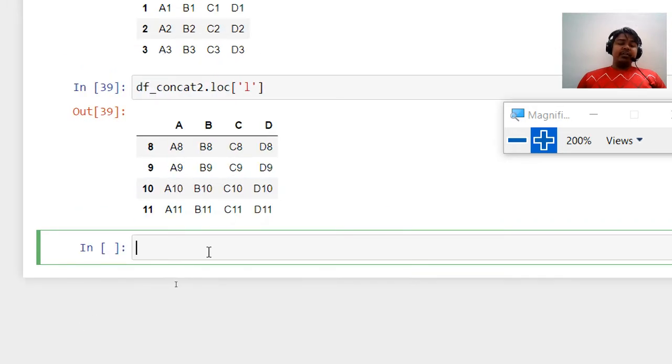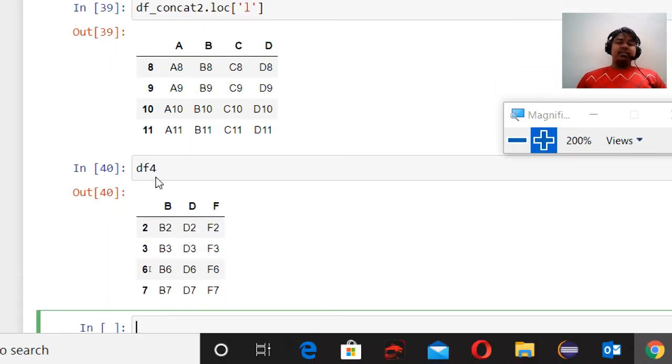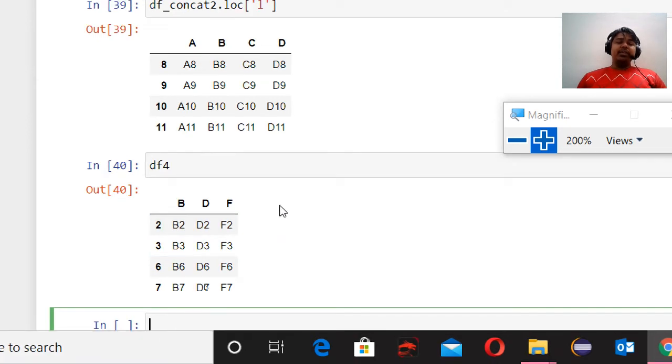Apart from that, we have created a fourth data frame. Earlier, in the last lecture, we created this data frame. Now instead of combining the data frames in the column order, we would like the data frame to be combined row wise, meaning we want data to be combined side by side, horizontally. So we can do that.